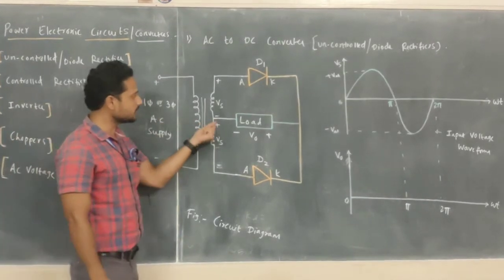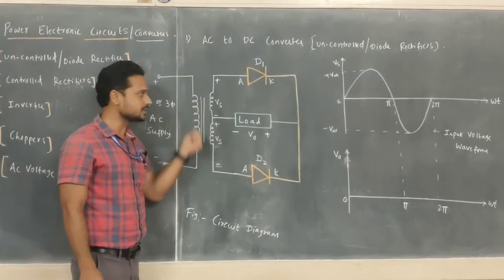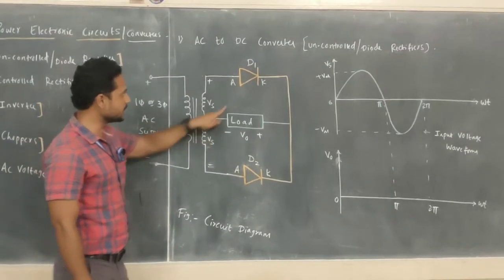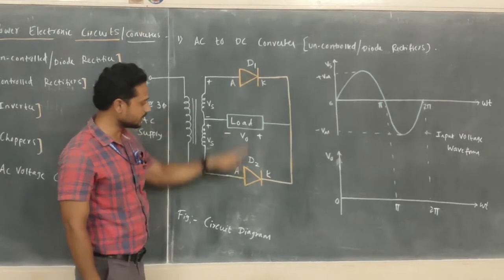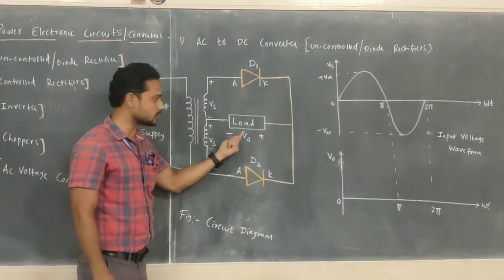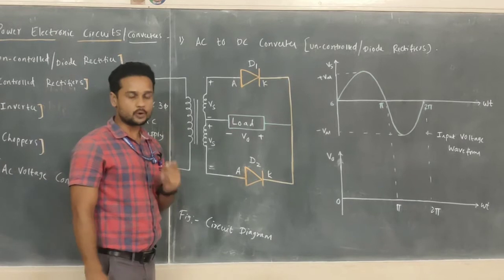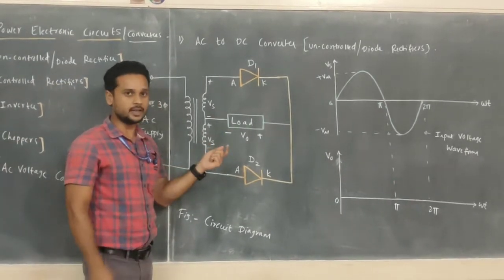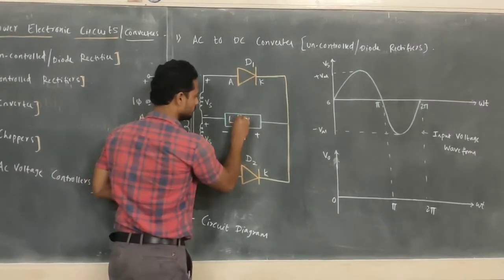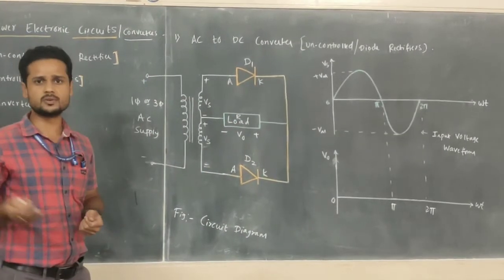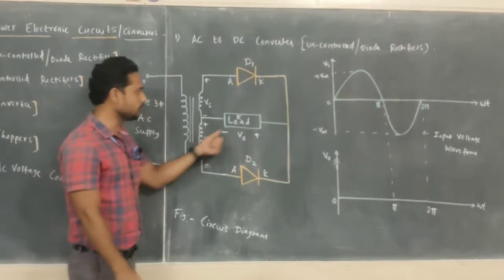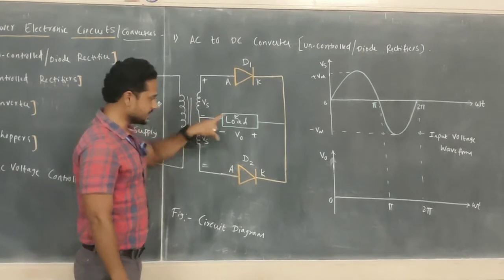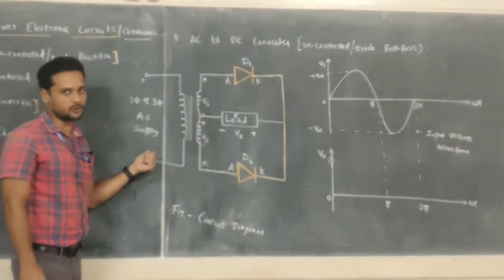Then you are making use of a center tap transformer in order to construct this particular circuit diagram. Then you have two diodes, diode D1 and diode D2, and you are making use of a load. One important observation here is that the load we are considering must be a resistive load. The same thing can be realized for the rest of the loads, inductive load and capacitive load. Right now we will assume that this load is a resistive load. Alright, this is the simple circuit diagram you can form here.